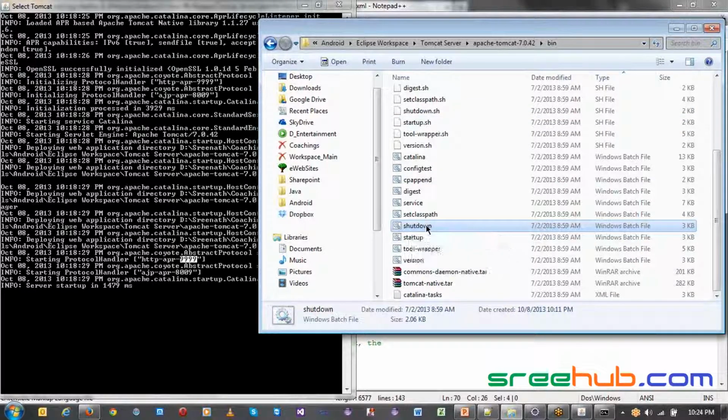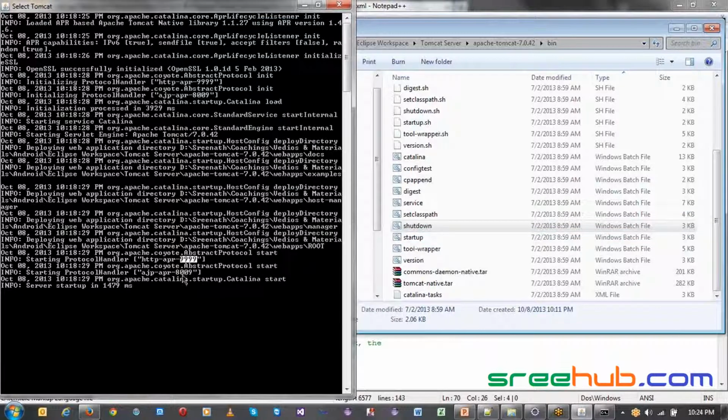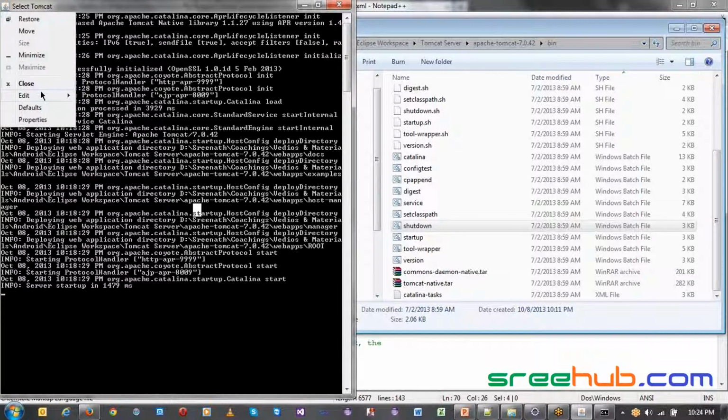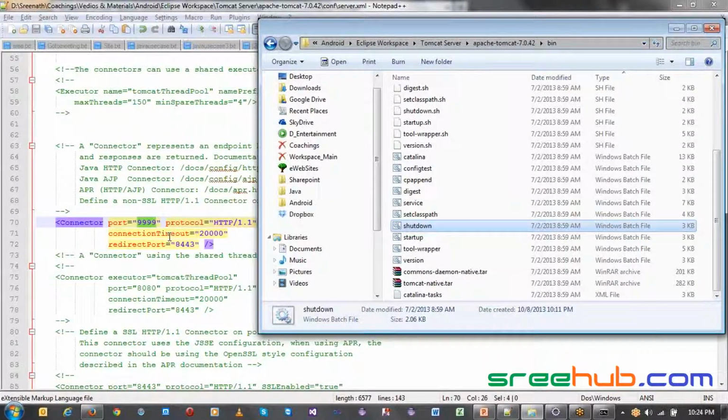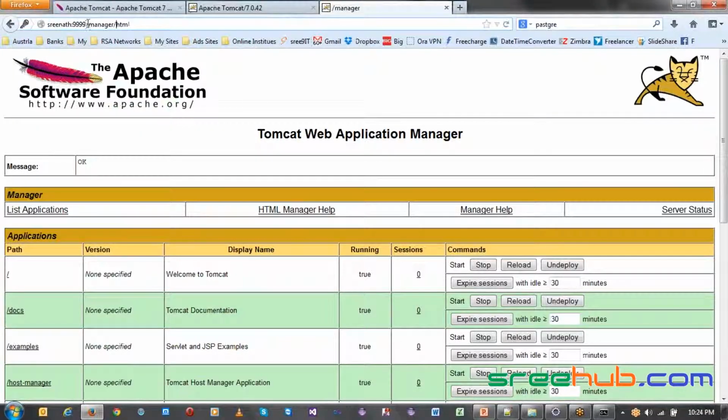When I click on shutdown, you can see my site, which is this Tomcat, will go down. If you go back to your site and try to access it, I am trying to access my Tomcat again.